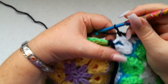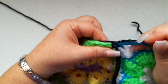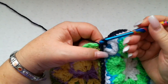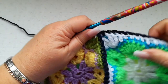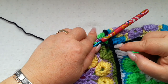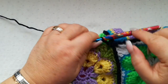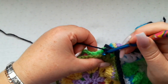Then when we come to the corner space, I work 1 single crochet into the corner, pick up a loop underneath the single crochets where we crocheted this side together, and work a single crochet over that stitch, and then over into the chain space of the next 2 chains. So we've actually worked into the corner stitch, we've worked a single crochet into this single crochet join, and then we start the next squares by doing a single crochet into the chain spaces,